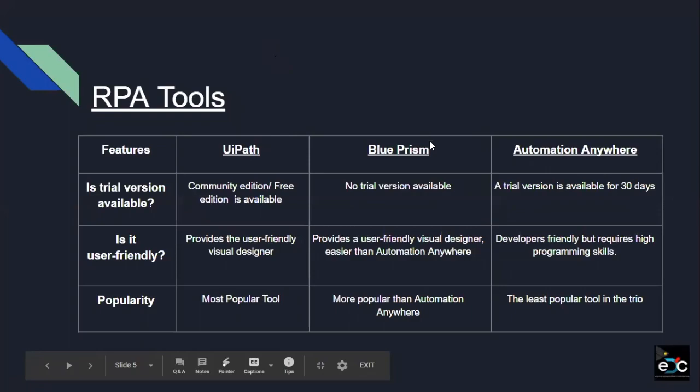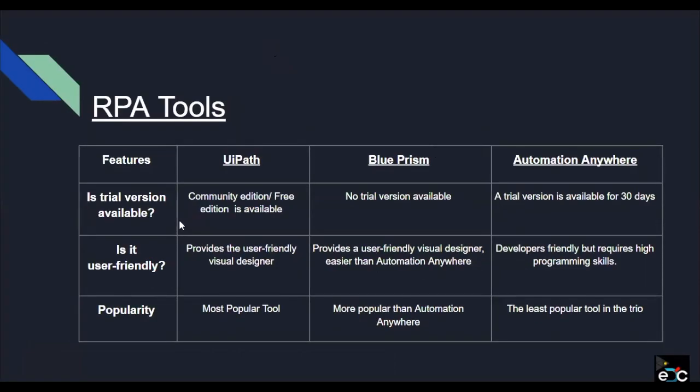Okay, so these are three main RPA tools available in the industry, namely UiPath, Blue Prism, and Automation Anywhere. Being in the industry, I have seen these, and out of these three, UiPath is the most used because obviously you can see all the three parameters have the best option suggesting UiPath. Its community version is available for lifetime, so you can try as much as you want before you actually pay for your robots. It provides a very user friendly design, so you do not need any programming skills,